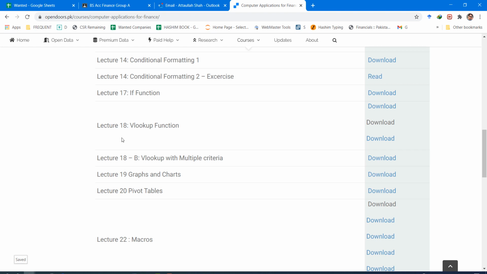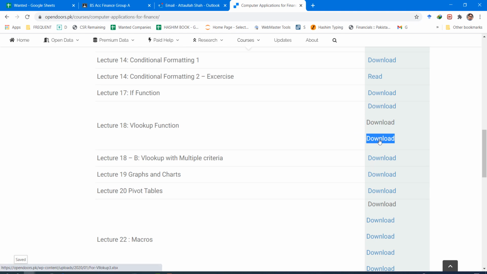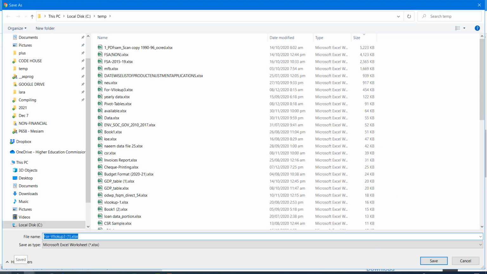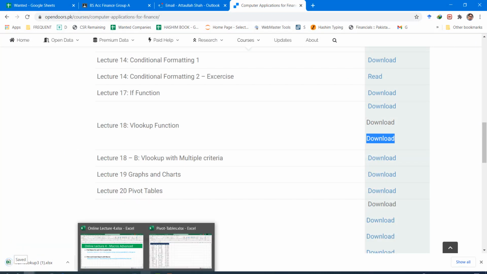This is lecture 18 and I'm using the third link on this. So this is the third one, the one that I have just highlighted on the screen. So we shall click on this and it will download the VLOOKUP 3 file. In this file,